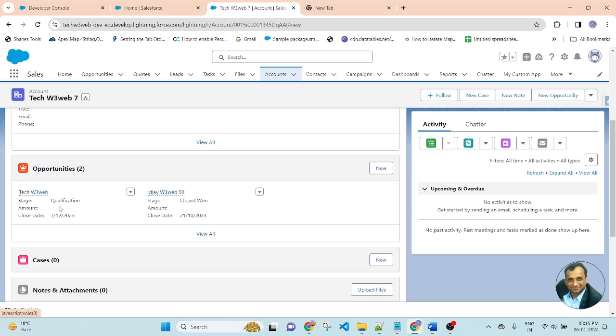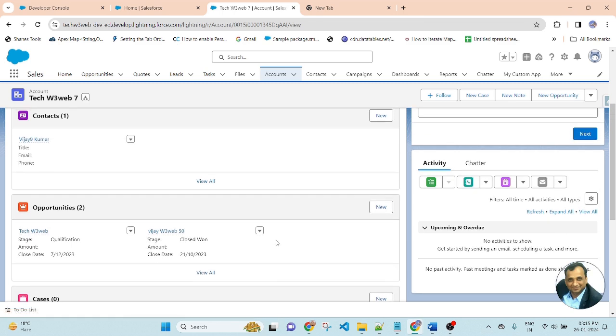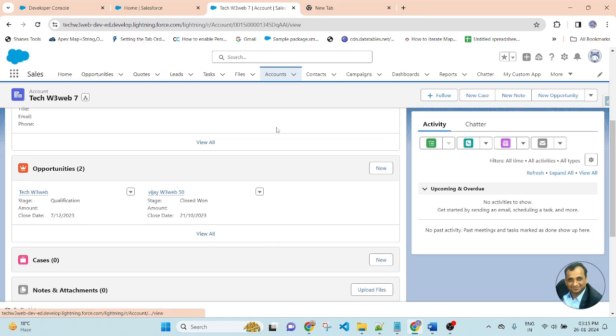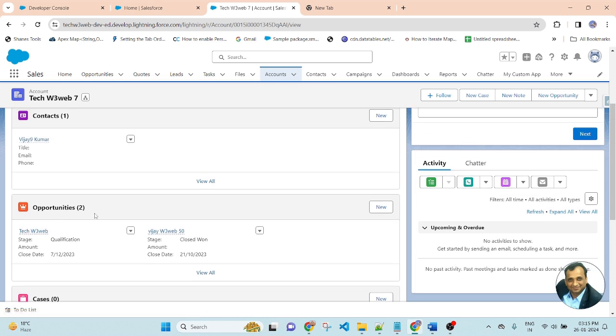In the first opportunity, the stage is qualification, and in the second, the stage is closed won. So if any of the related opportunity stages is closed won, in this case we do not allow deleting the account record. Before deleting the account, we will check the related opportunities.